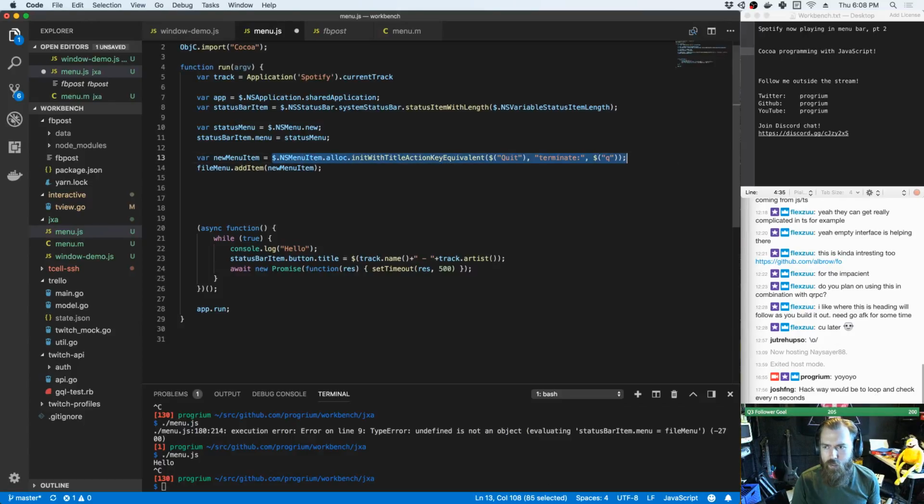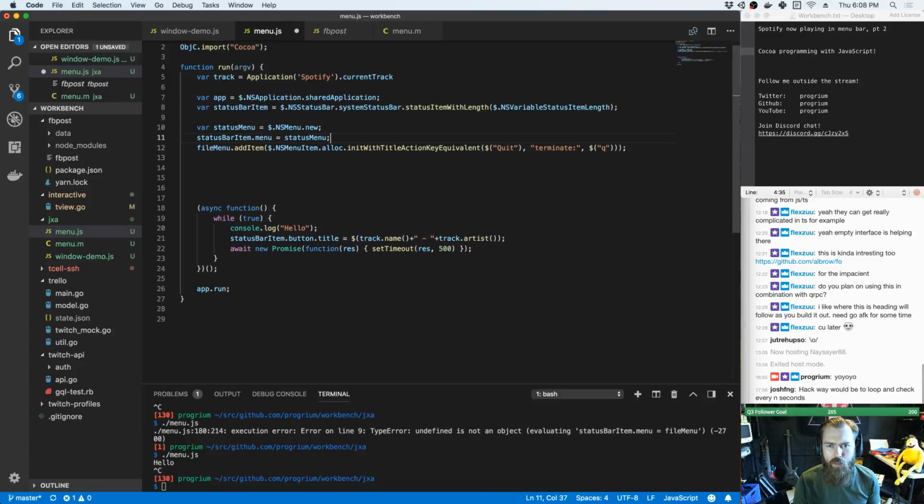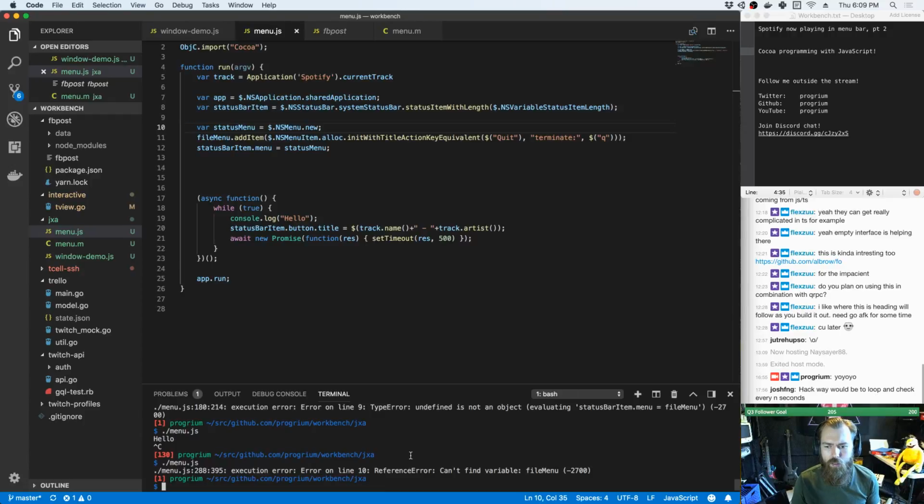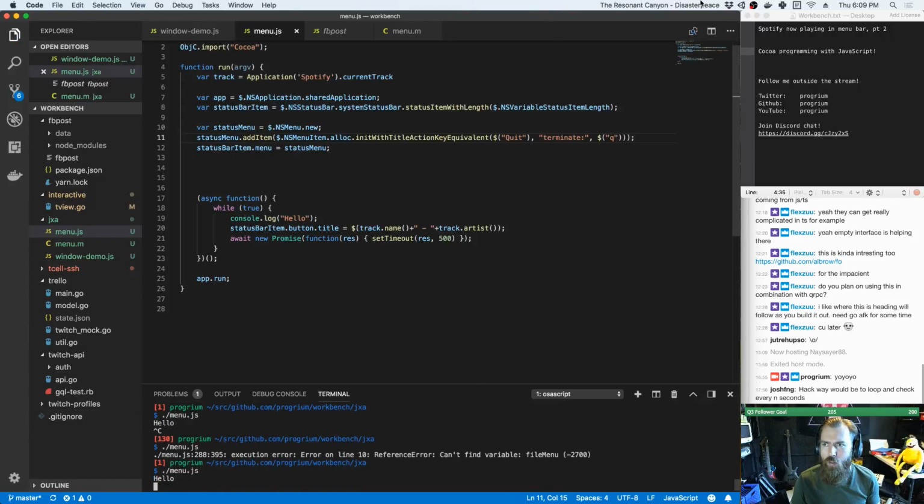And we could put this in here. Can't find variable file menu, status menu. Alright. Cool. Yeah, that's huge, but